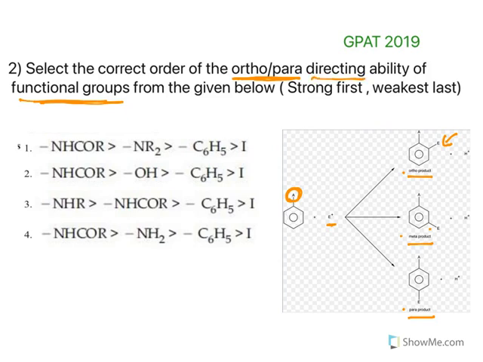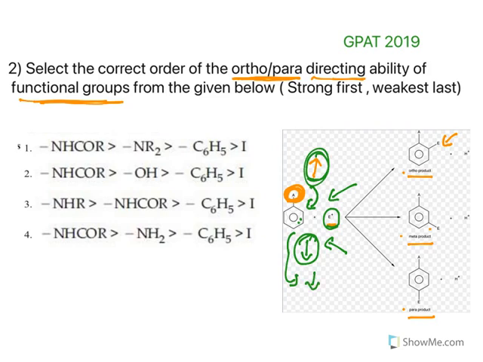Second one, some of these substituents will increase the rate of reaction of electrophilic substitution. Some of them will decrease the rate of reaction of electrophilic substitution. Now, why some of them increase the rate of reaction and why some of them decrease it, it all depends upon electron availability. See, what is the reaction? Electrophilic substitution. So if more electrons are there, substitution will become faster. If this substituent is giving electrons to the ring, the reaction rate will be faster. If this substituent is removing electrons from the ring, the rate of reaction will be slower.